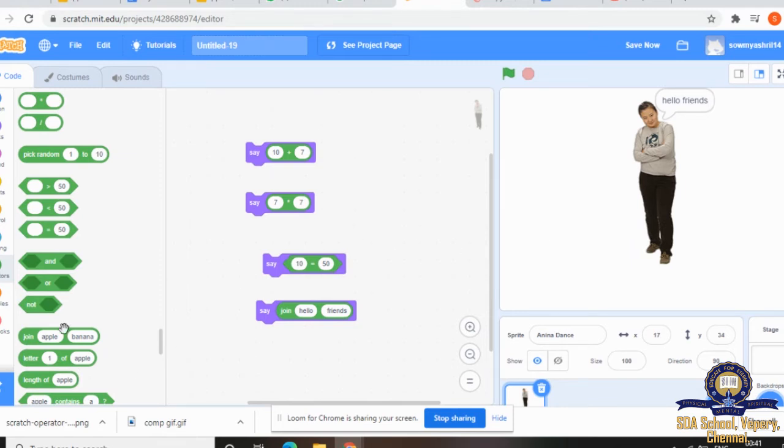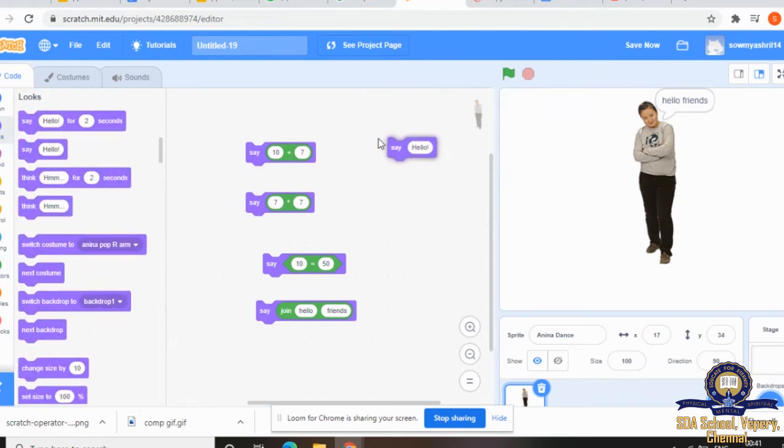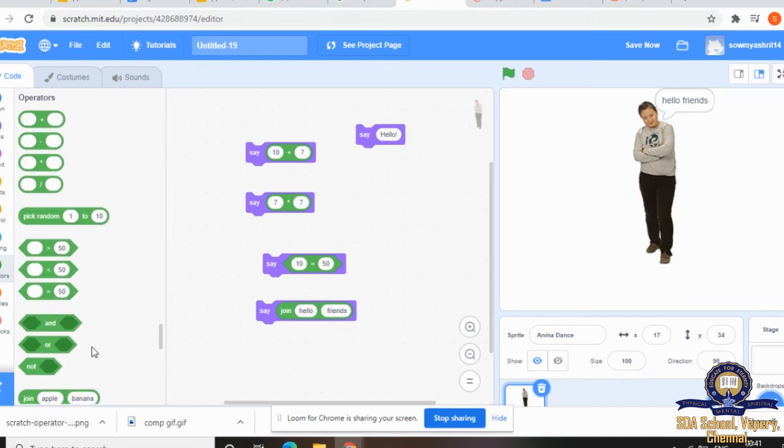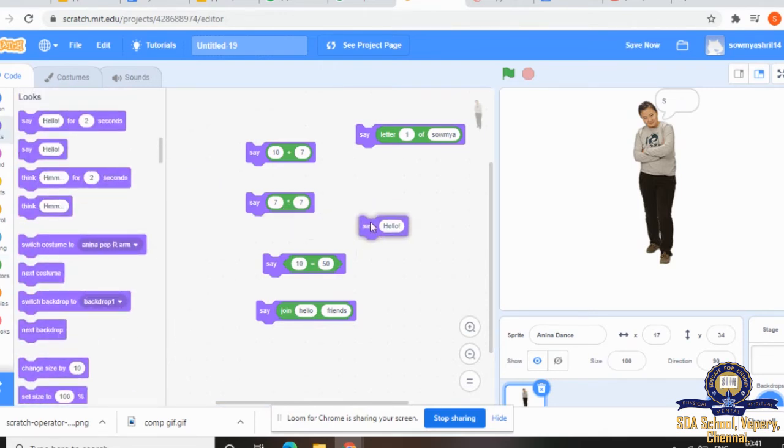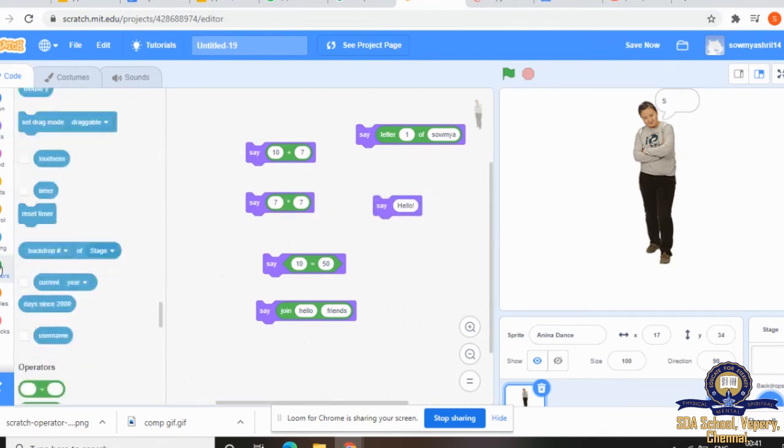Then we have another one, I'll show you. Again go to the looks block, say, operator block. First letter of, say, Saumya. Yes, it's telling yes. Next again go to say, operator block.